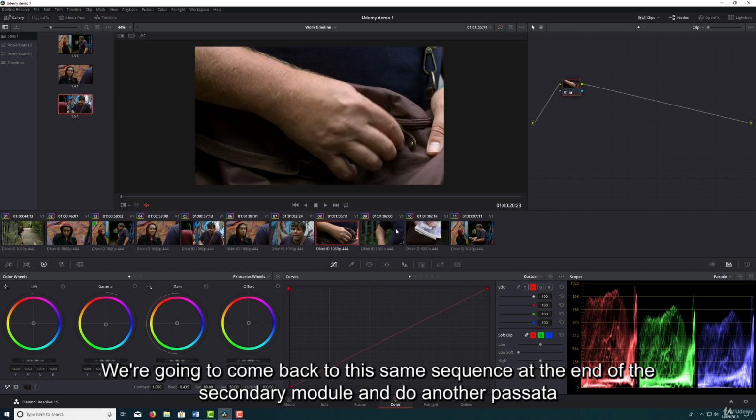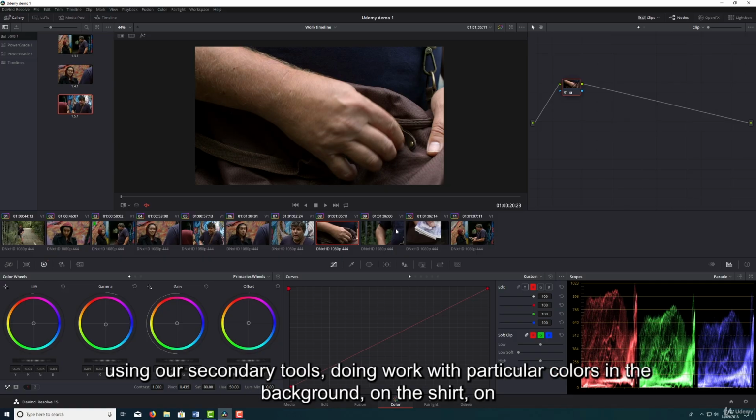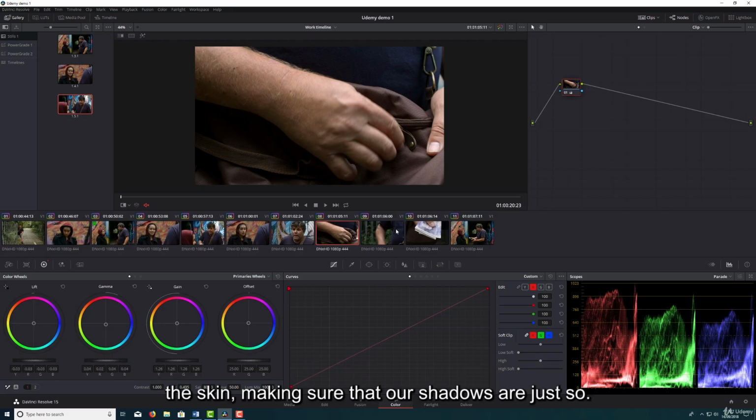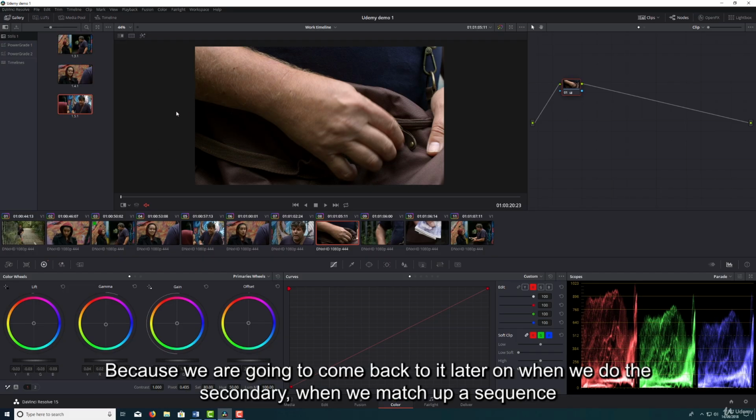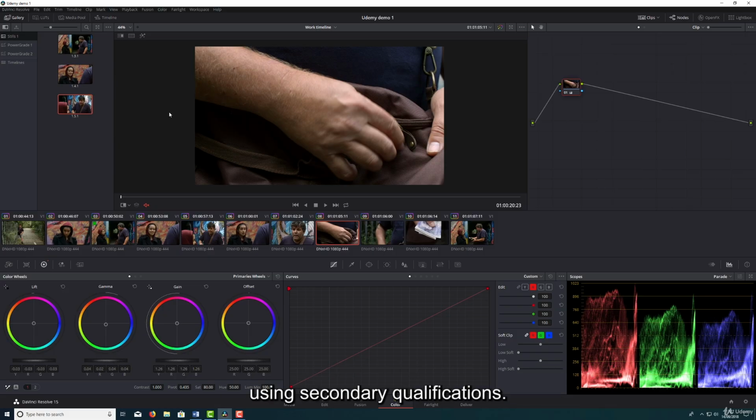We're going to come back to this same sequence at the end of the secondary module and do another pass at it using our secondary tools, doing work with particular colours in the background, on the shirt, on the skin, making sure that our shadows are just so. We're going to do a more advanced pass on this later on. So save this project, because we are going to come back to it later on when we match up a sequence using secondary